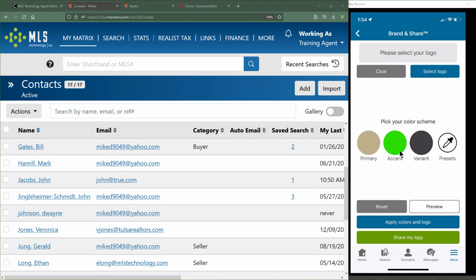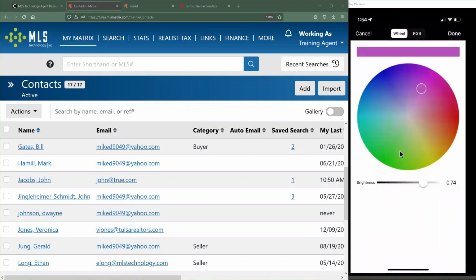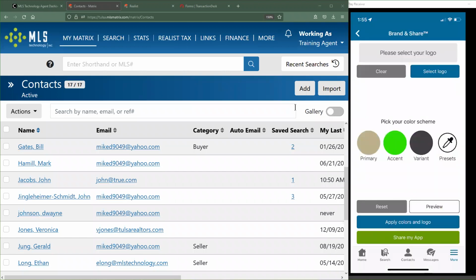Anyway, there's a color scheme picker, and it has the option to just choose what color you would like. It shows the preview of the color up at the top of the screen. I should also note that when you guys get in here, this is actually one of the things that looks dramatically different when you guys are on Android. This color picker is completely different. But there's also a button here for presets.